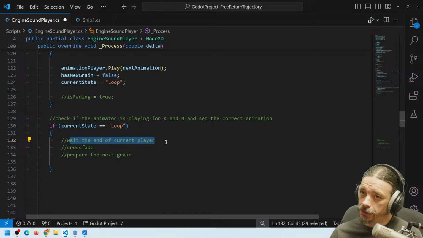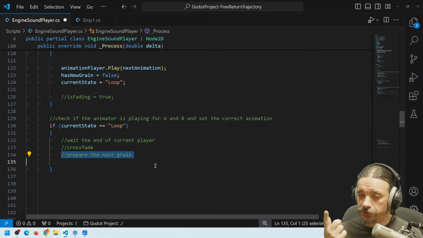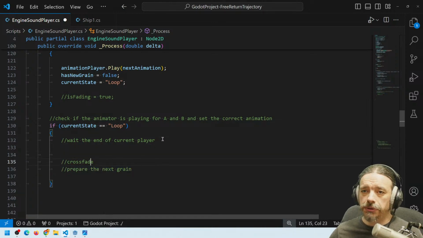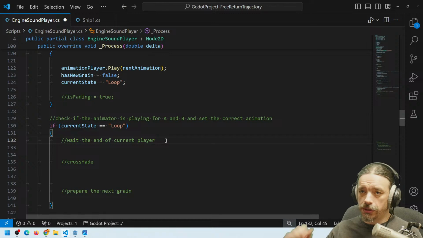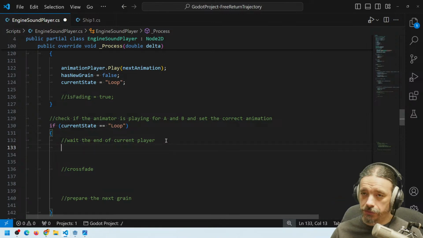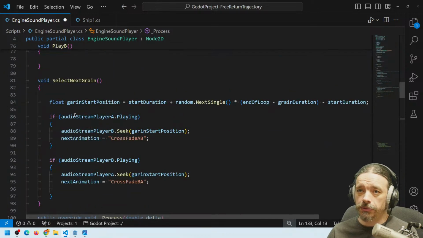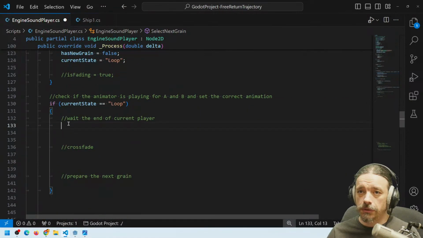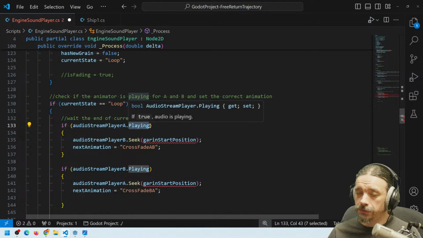We wait for the next player to stop. We crossfade A to B or B to A. And we prepare the next grain. And it will run forever. Sounds easy. So wait for the end of the current player. To do that, we need to actually know which player is playing. So we need this. Copy, paste. If it's player A that is playing,